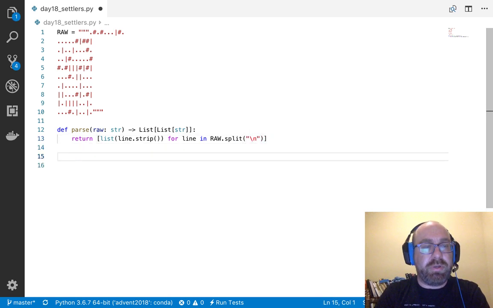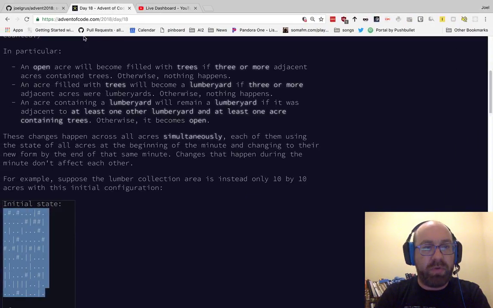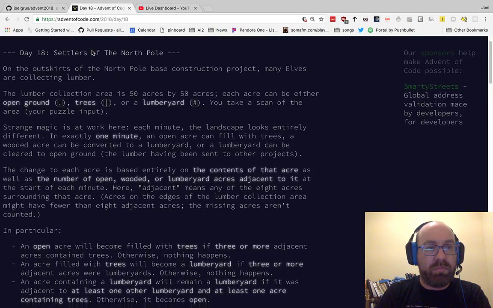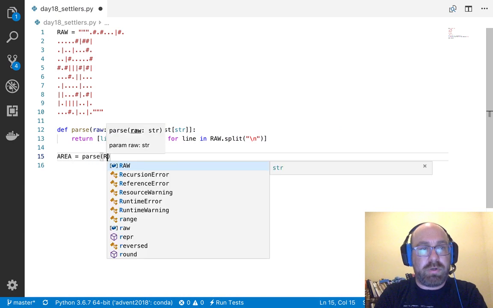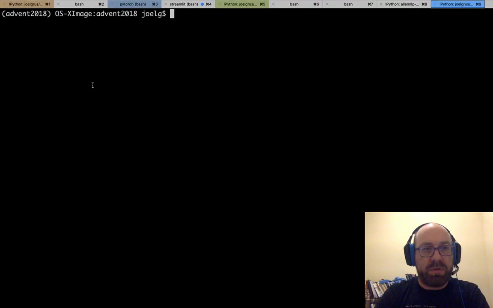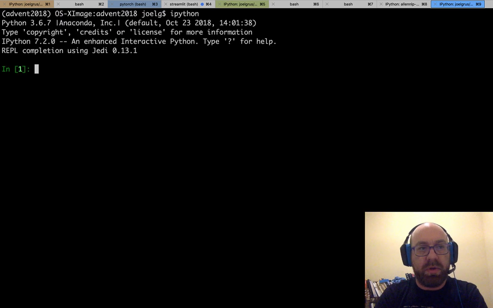Okay, and so let's say, and what are we calling this? Area. Area equals parse raw. So let's just check this out.